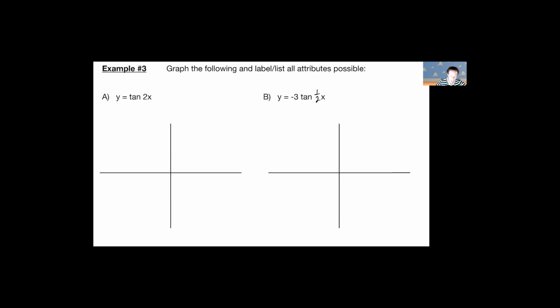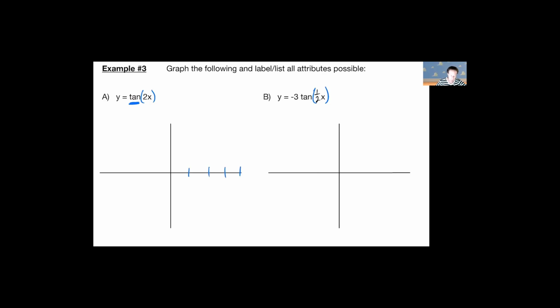So remember, the first thing I like to do is make sure I know what I'm dealing with so I can see that it is a tangent, and then put parentheses around the angle just in case. And because I know that something is indeed being done to the x of this graph, then I know that it's going to affect my x-axis, my period, in other words. And so normally,